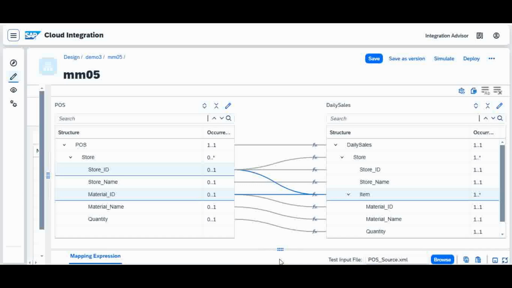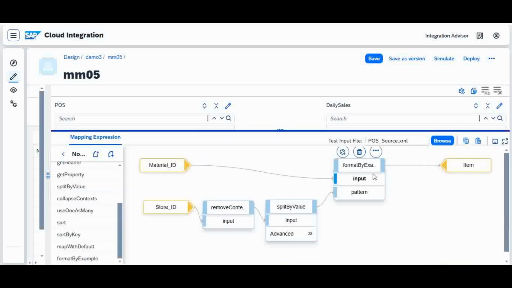And for this there is a format by example. When you are having a grouping of a combination of uniqueness, then we will be using the format by example, where in the format by example the individual line item will come as an input, and its dependency parent node will come as a pattern. In our case it is a store, so that forms the item node. Okay,